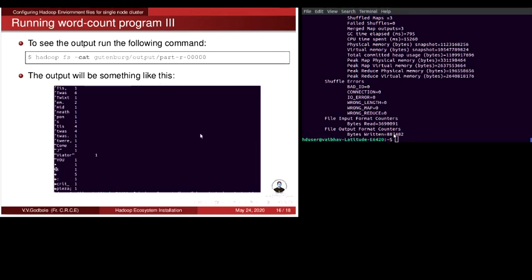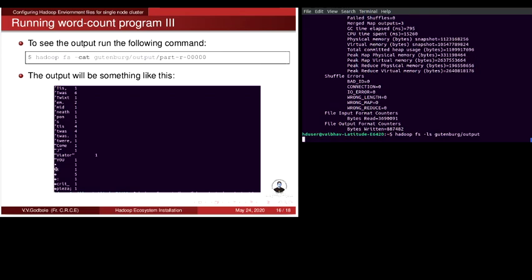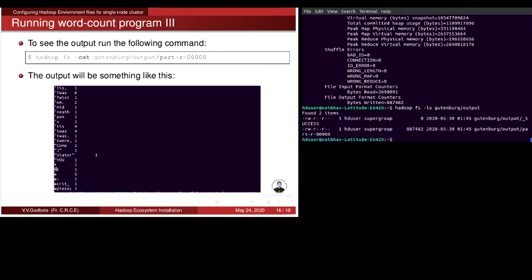First we'll list the name of the output file. For list, I will use -ls Gutenberg output, because output is the name of my folder which contains the output of the program.